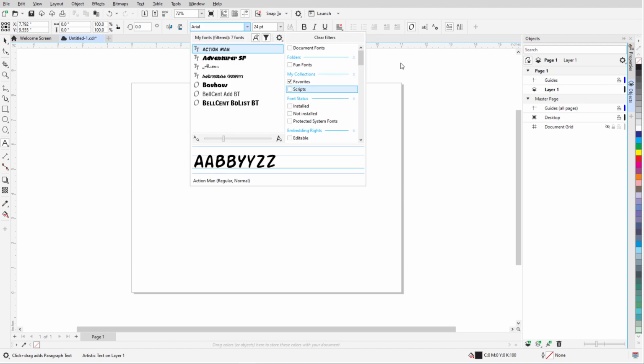Keep in mind that the imported XML database file is a structure file that points to specific fonts. If fonts can't be found, you'll be prompted with a dialog outlining what's missing so that you can take the appropriate steps to fix the problem. This brings us to the end of this tutorial on font databases in CorelDRAW Graphics Suite.